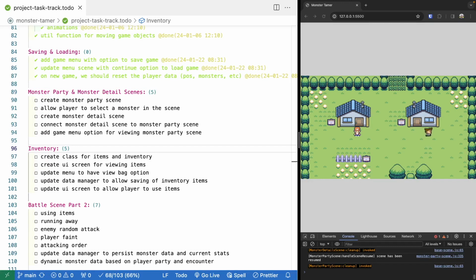Previously, we wrapped up our saving and loading section, and we focused on adding a new in-game menu to allow us to save our data to our browser local storage, and then that way we continue our game from where